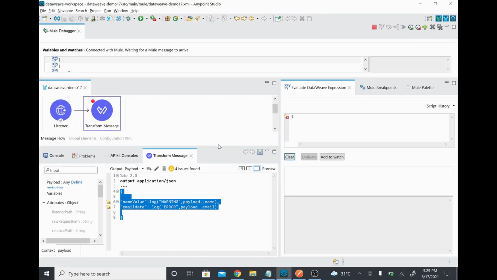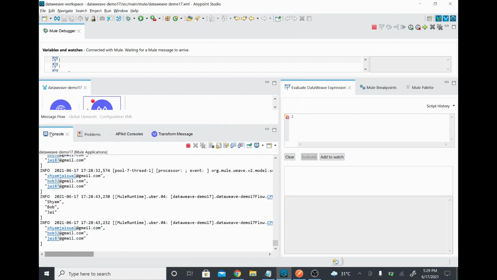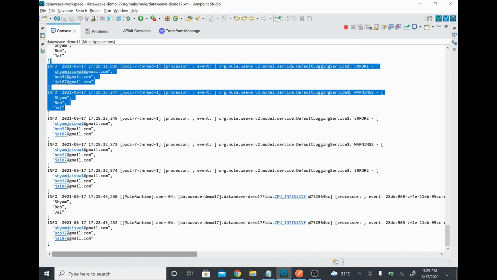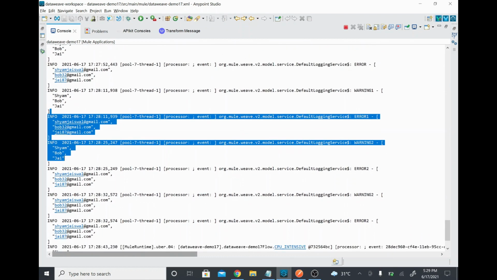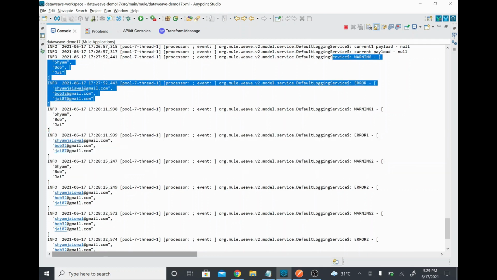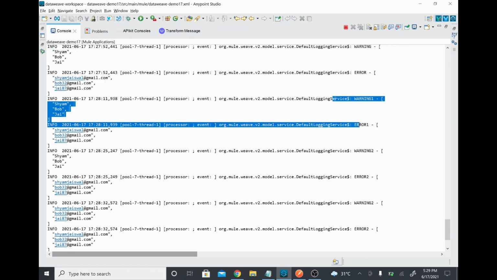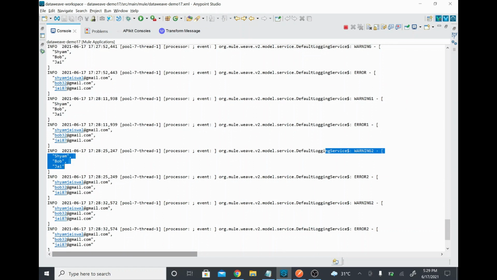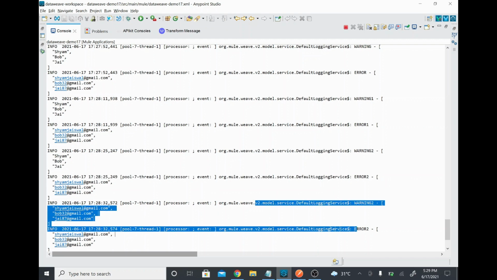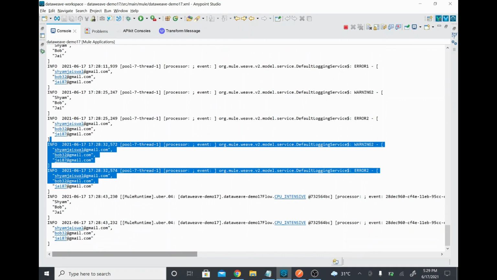So we will go to the console now to see what has happened. I'll open the console and make it a little bigger. If you see this one, initially we tried with error 1 and warning 2, right? Starting with warning, so first time we started with warning, and that's what we initially had, and later at runtime I used the evaluate option only. I changed it to warning 1 error 1, and then warning 2 error 2, right? And finally, I also changed the first name to email, right? So that is warning 2 error 2 again, and then this is the final output.